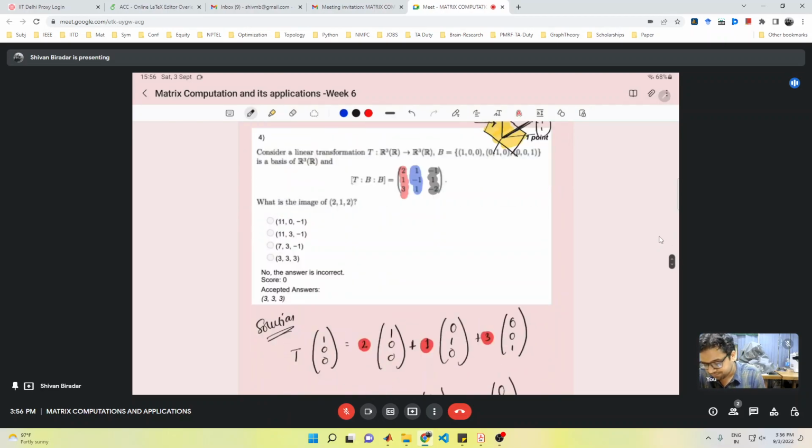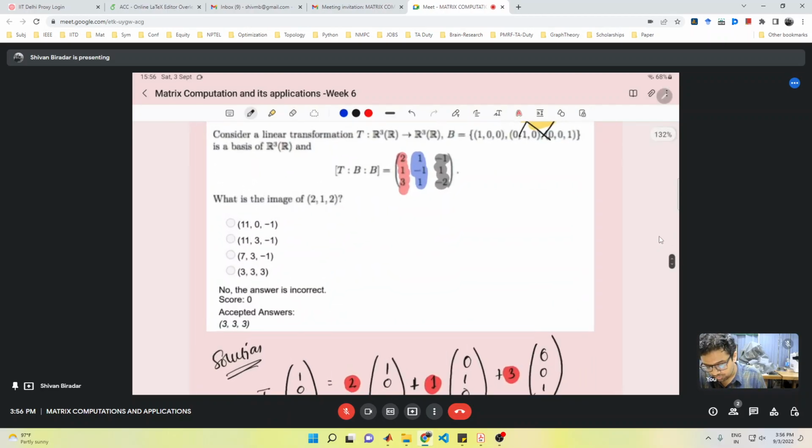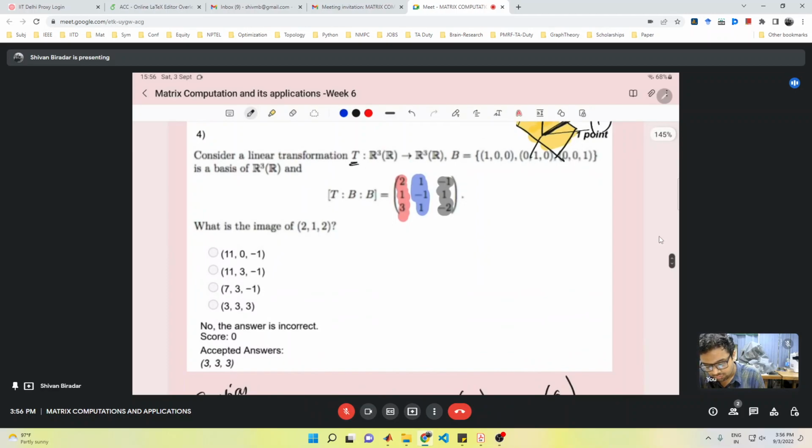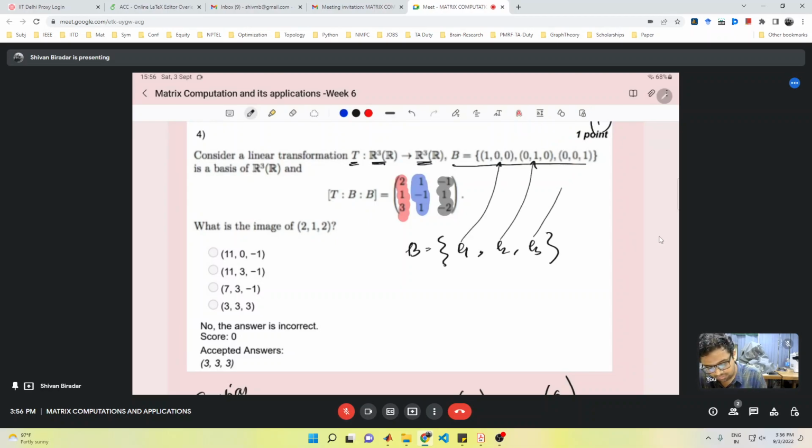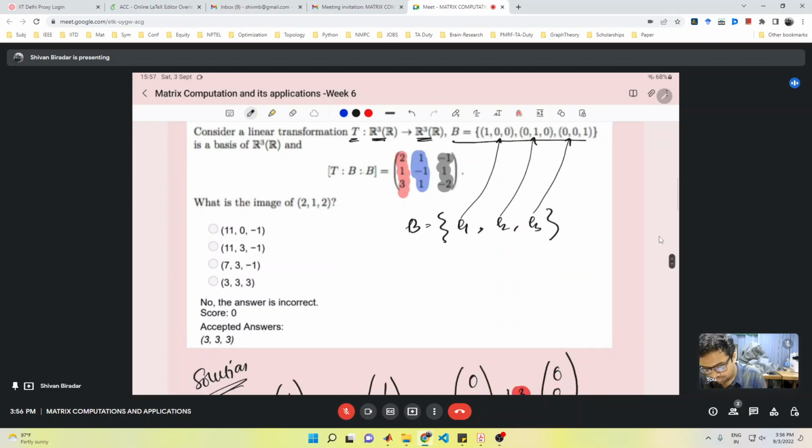So let us move on to the fourth question. In the fourth question, we have a linear transformation T from R3 to R3, and we are given the basis B, the standard basis, which we call E1, E2, and E3. So we have a standard basis E1, E2, and E3, and we have a coordinate